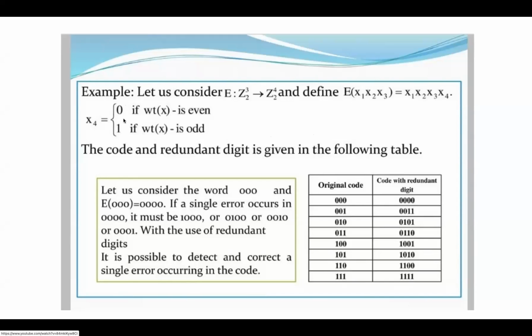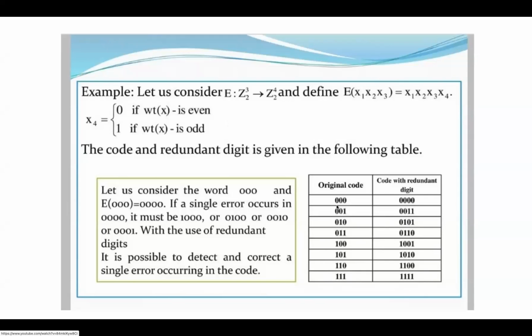The criterion they have taken is: if the number of ones in this number is odd, then it will append x4 as 1. If the number of ones is even in this code, then it will append 0 as x4.